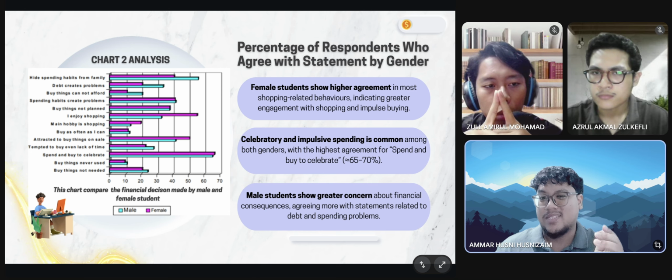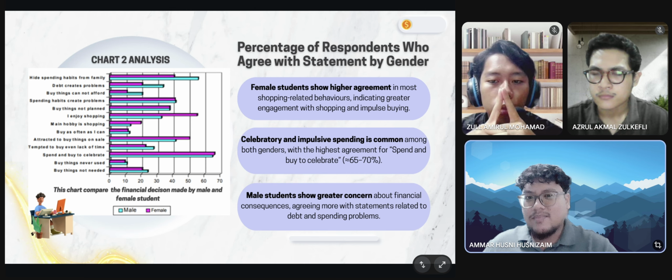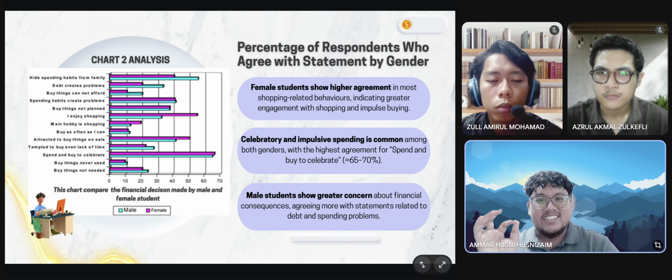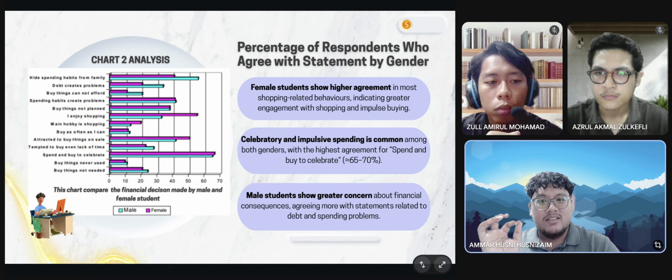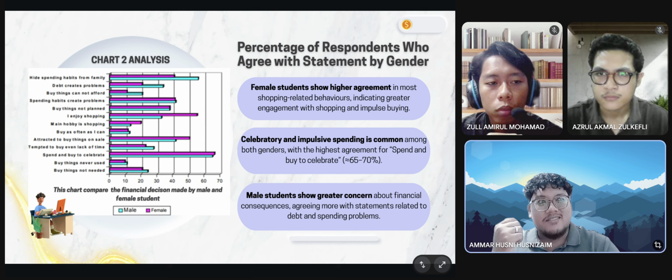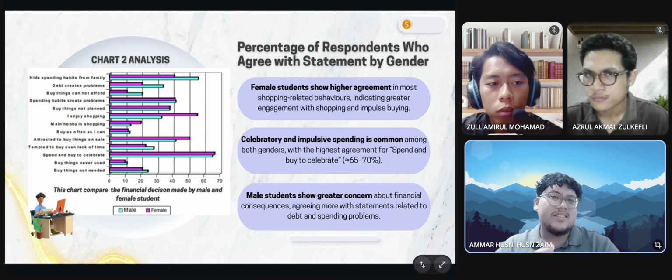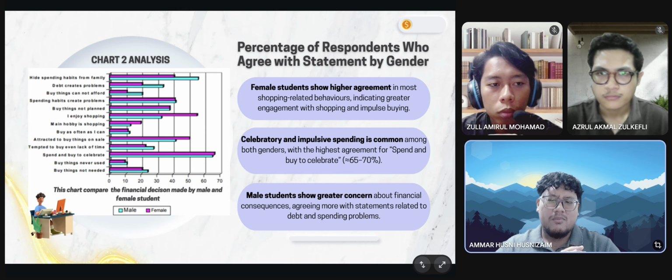A relatively high percentage of both genders agree with this statement, which reflects the presence of impulsive purchasing behavior among university students. When examining shopping enjoyment, a clear gender difference can be seen. Female students show significantly higher agreement with statements such as "I enjoy shopping" and "my main hobby is shopping." This suggests that shopping may serve not only as a necessity but also as a leisure activity for many female